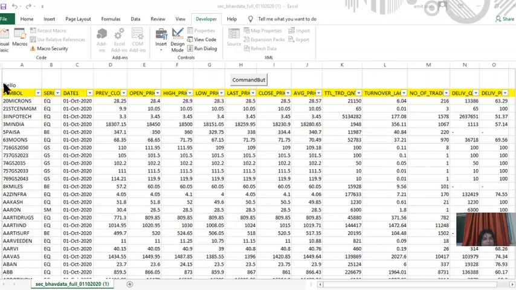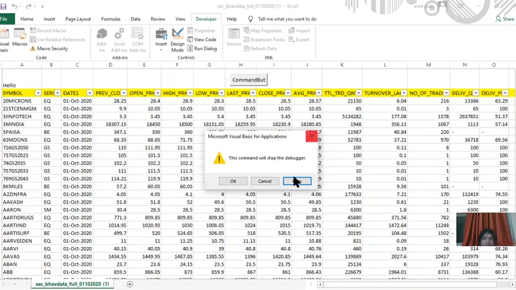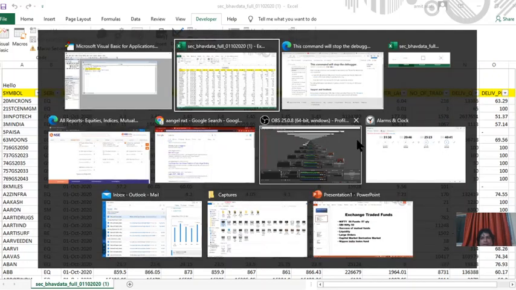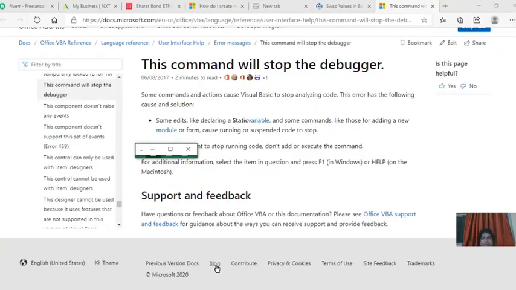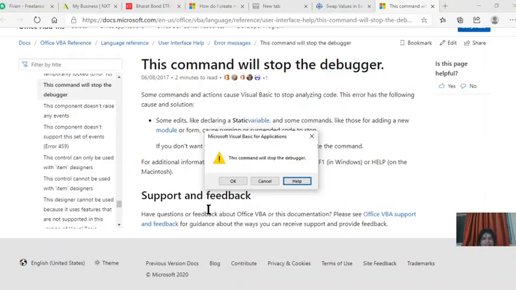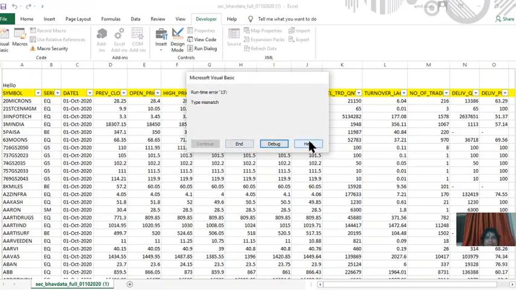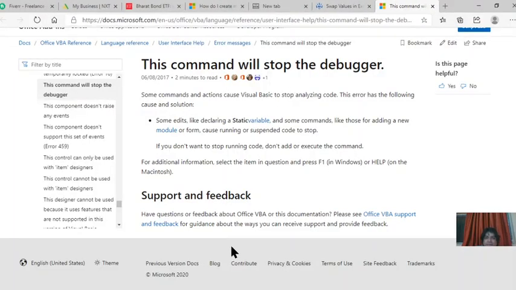We are trying to record a macro, so we will undo with Control Z. It is not working because designer mode is on. This is the Visual Basic, okay, and now we will go to designer mode. Help is showing a different file.